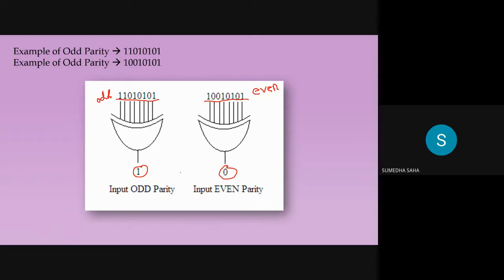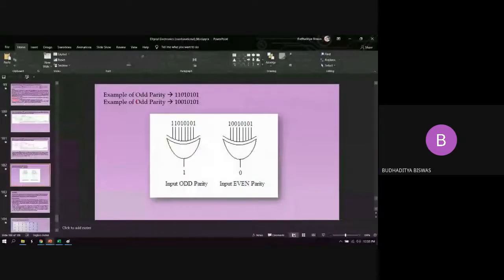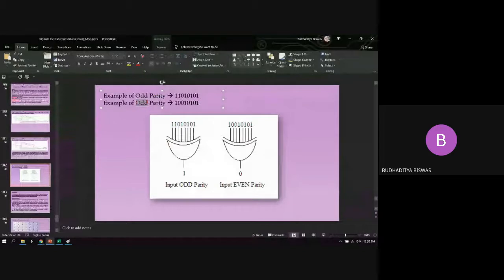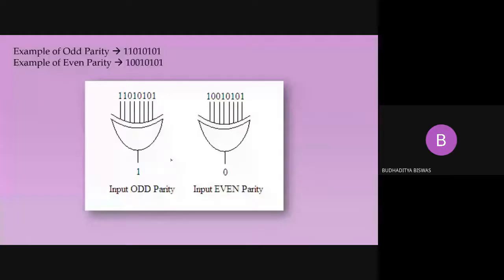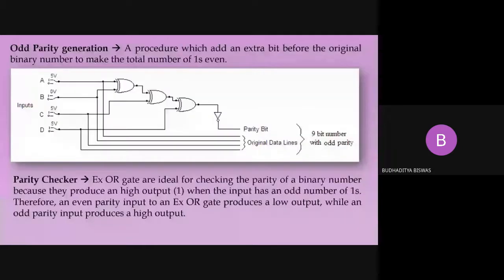So, the second example is of odd parity. Which one? This one? Sorry, 1 minute. This one, so the 100101011. Oh, 1 minute. 1, 2, 3, 4. No. It should be even parity. Okay, 1 minute. I will change this one. This is actually the even parity. One, two, three, four. So 4. Okay, thank you very much for rectifying this one.